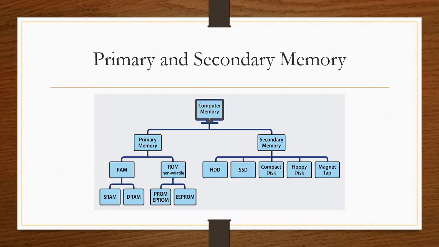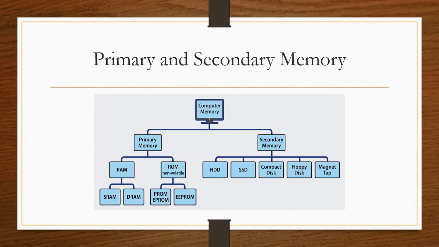Next we are moving to the important segment, that is primary and secondary memory. In the function of a computer, there are input devices, output devices, CPU and main memory. So in each and every concept there will be storage. For example, we humans have a brain to store memory. As well, our phone has some memory, 3 GB or 4 GB, like that. Those kinds of storage places we have.